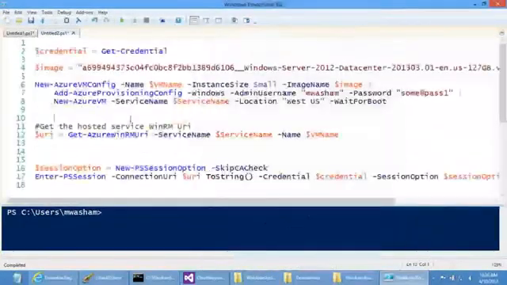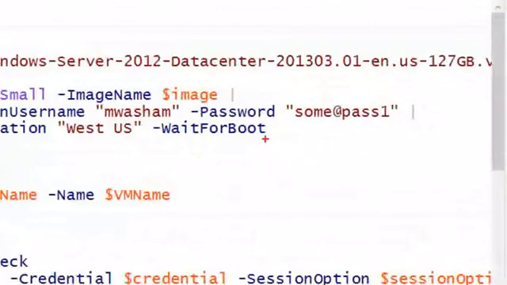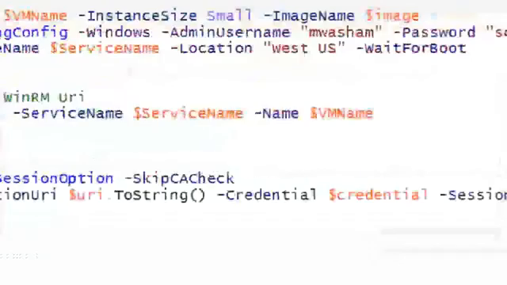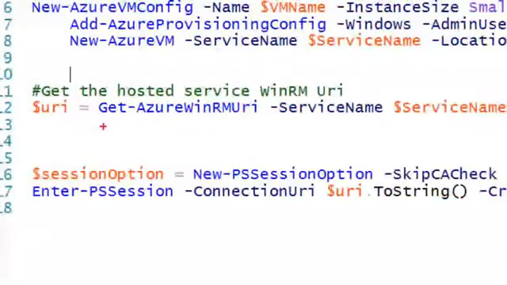Okay, so what you can see here is on the new Azure VM call, this is the exact same code that I've been showing you on creating virtual machines before, but I have a -wait for boot flag on it now. So whenever it hits this code, it's actually not going to return until the VM is booted all the way up. From there, I'm using the get Azure winrm URI commandlet. This takes the service name and the VM name of whichever one you want to connect to. It gives you the connection string with the right port, and from there you can connect to it using remote